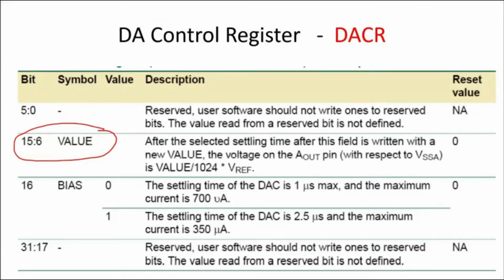Where you have to exactly write the data, the value that you are supposed to write is from position 6 to 15. So this is a 32-bit register, out of which, at the exact location, you have to write a 10-bit data. The 10-bit data should start from bit number 6 to bit number 15. So this is the exact place where you have to put the data, not somewhere on the LSB side or on the MSB side.